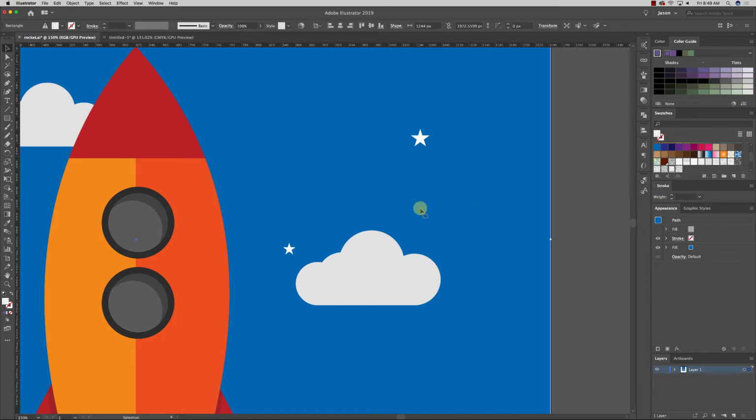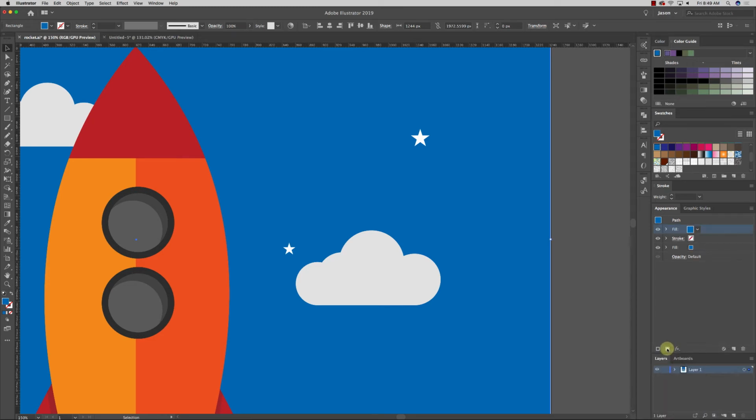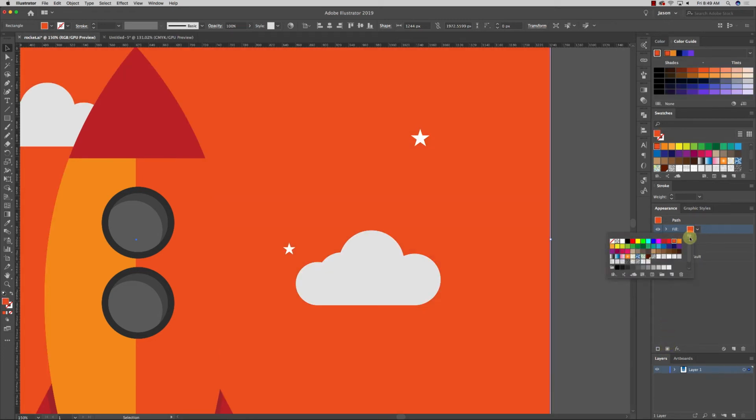So what I can do is I can select this background, and I can go in, and I've already got one added. I'm just going to delete it real quick. I can go in with this background selected, and I can begin adding strokes or fills or different effects like we looked at earlier. But I can add a new fill, and if I change the color of this fill,